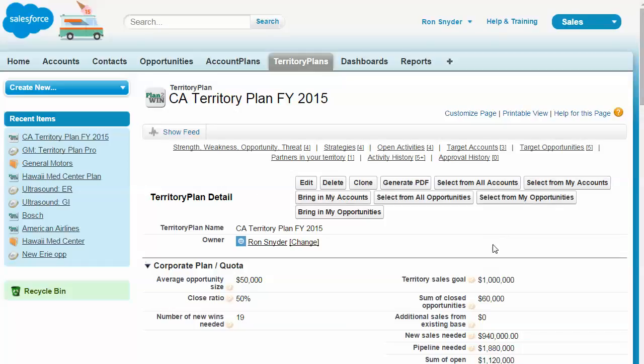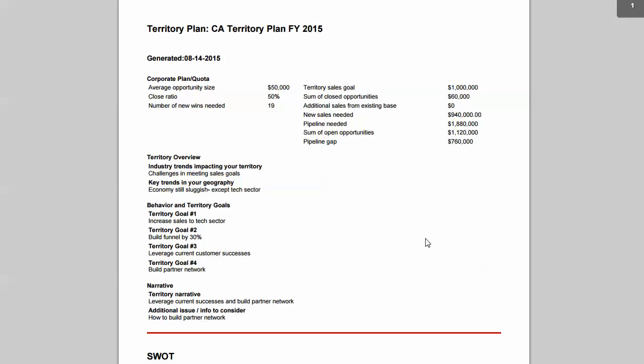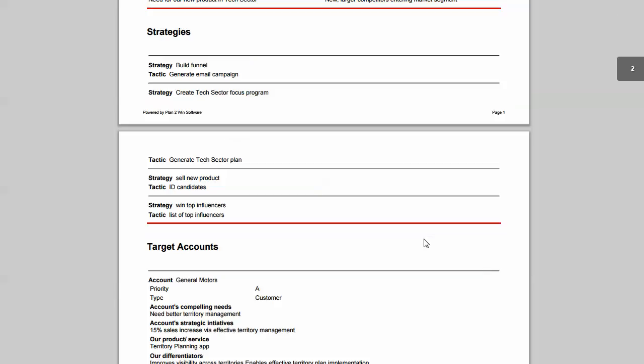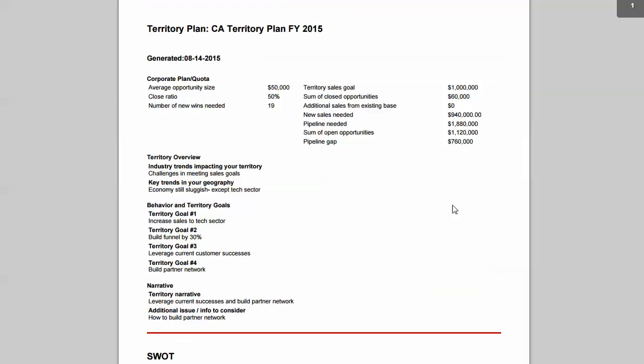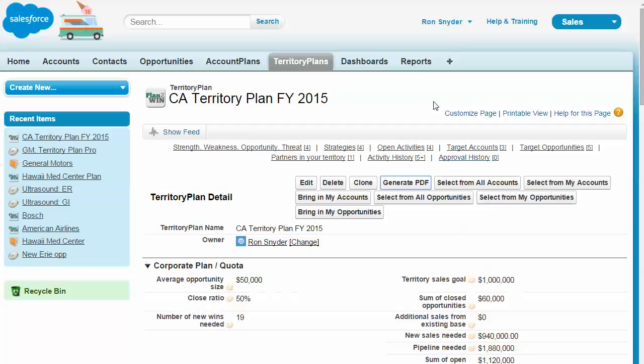Okay, so we've filled out our plan. If we want to, we can clone it if we're going, let's say, from quarter to quarter or year to year. We can also generate a PDF, and that is a PDF that contains your entire plan that you could send to the appropriate person who might work with you on this. So that's an overview of how